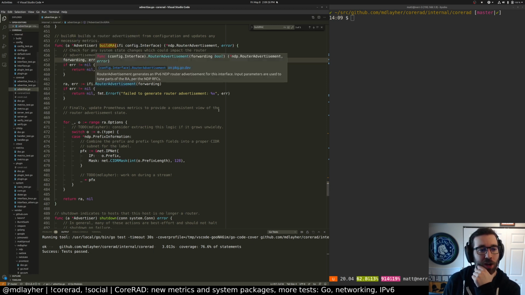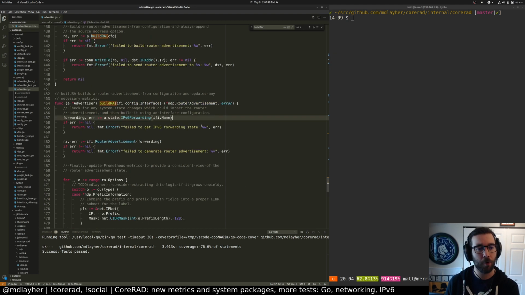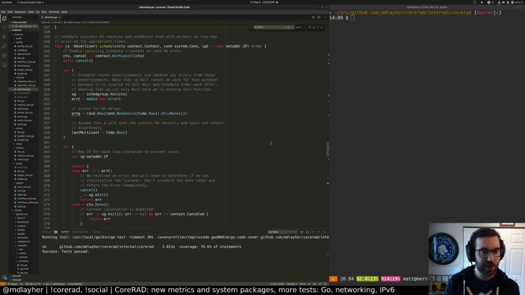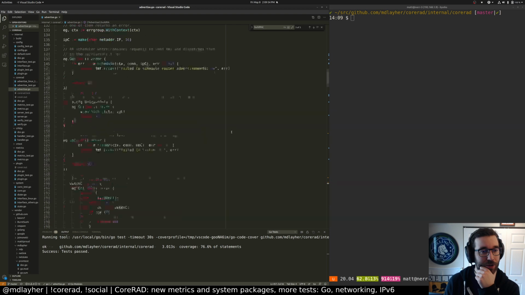So essentially we had this weird low-level system abstraction called the con, which was kind of a combination of an ICMPv6 socket for neighbor discovery as well as fetching the kernel state, for example the IPv6 forwarding state. So now I have this new system package where I abstract these things out a little bit better. And I also got rid of all of the retry logic from this package and moved it into system as well. So if I go up to the top, one of the main methods in here,